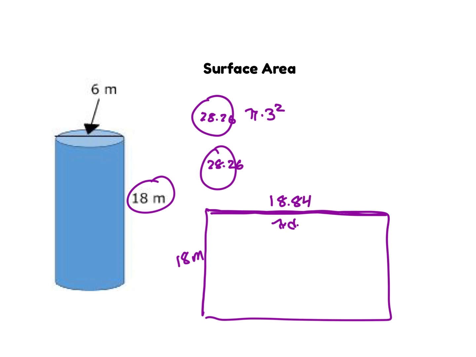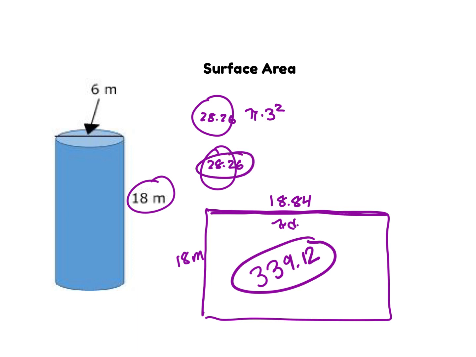And to find the area, I'm just going to take 18.84 times 18, and that gives me 339.12. I'm going to add this area, and this area for a grand total, let's see, 28.26 and 28.26 of 395.64